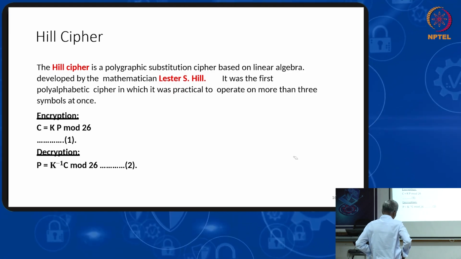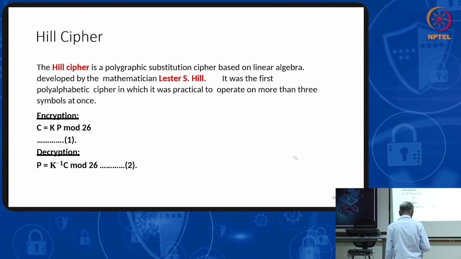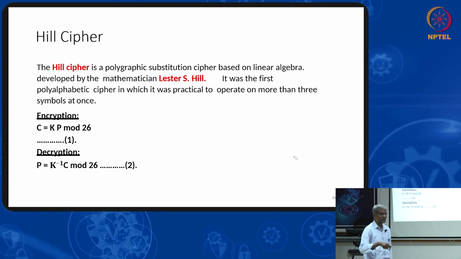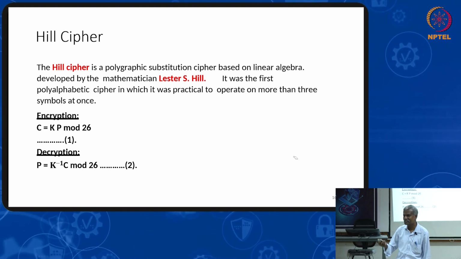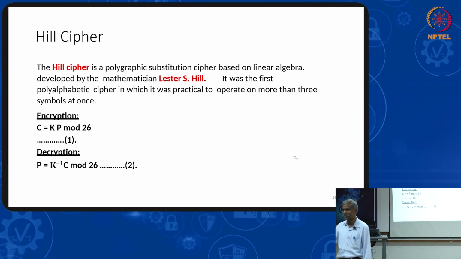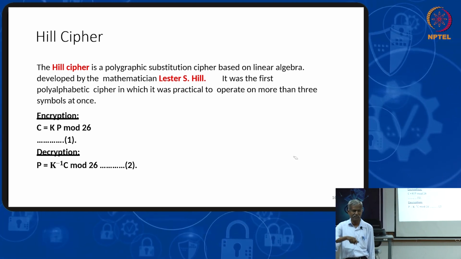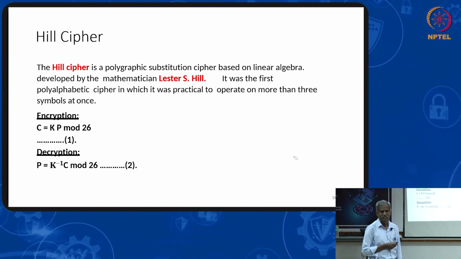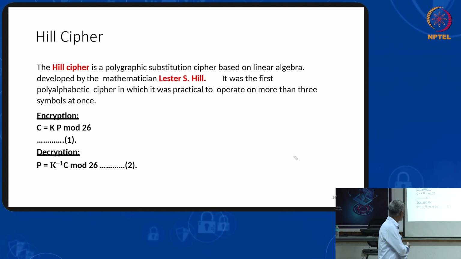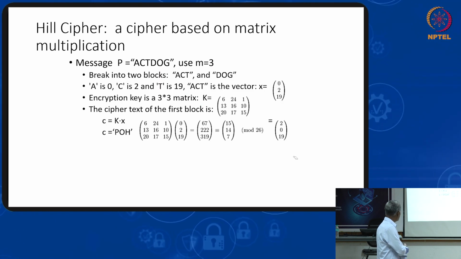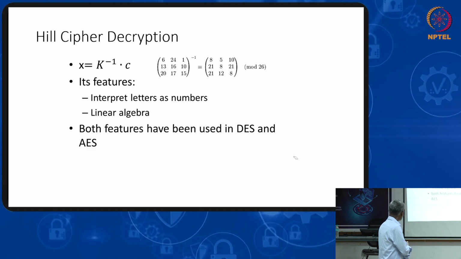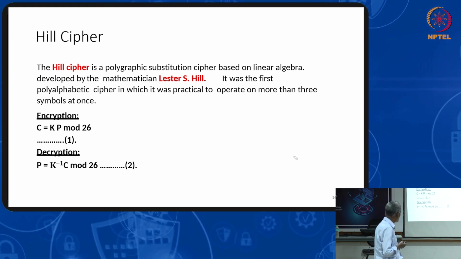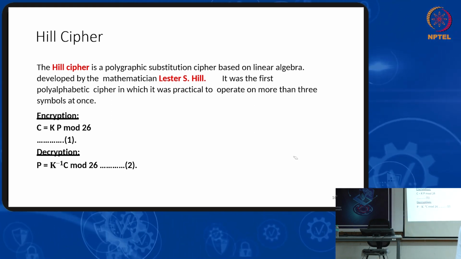Now let me come to another cipher called Hill cipher. I told you Julius Caesar's cryptography was just addition. Addition is easy to decrypt using subtraction. But the next cryptography was proposed by Hill. It was also before hundreds of years. He told that you have to use this method, C equal to K P mod 26, where K is a matrix, P is a matrix, and C is a matrix.